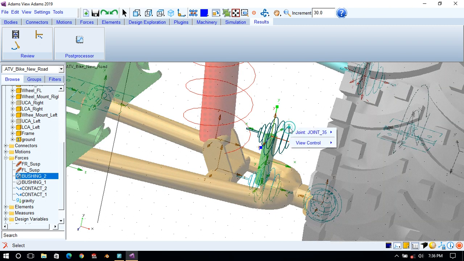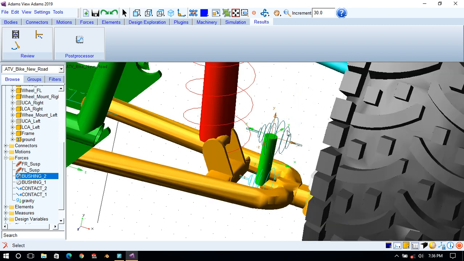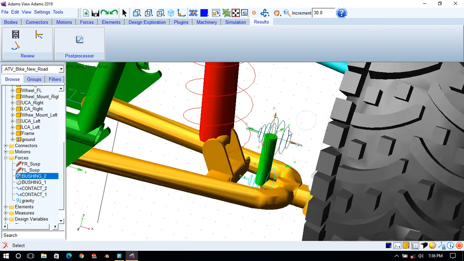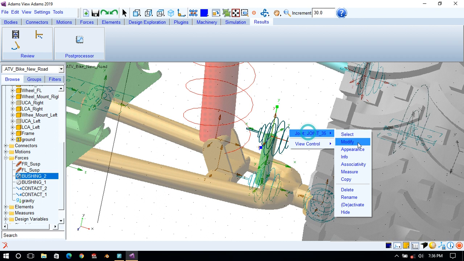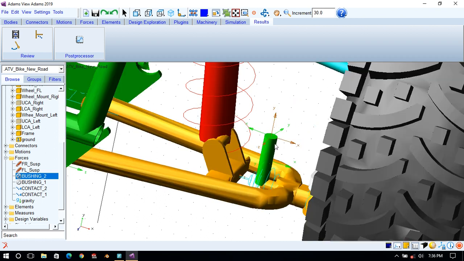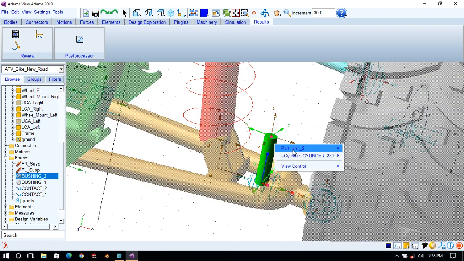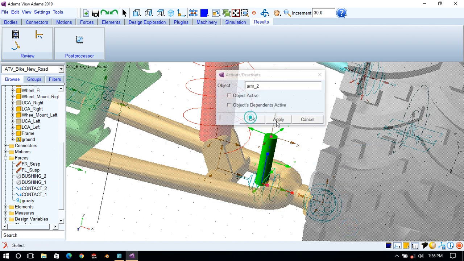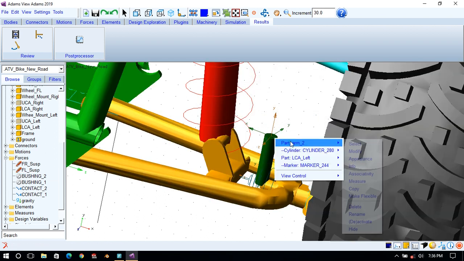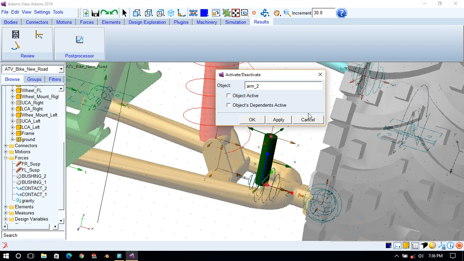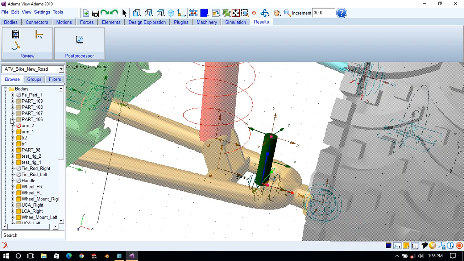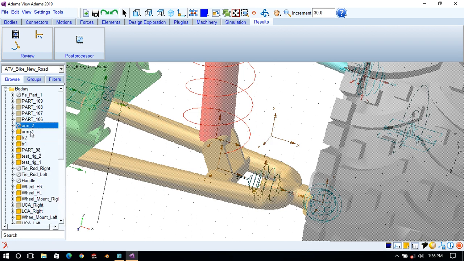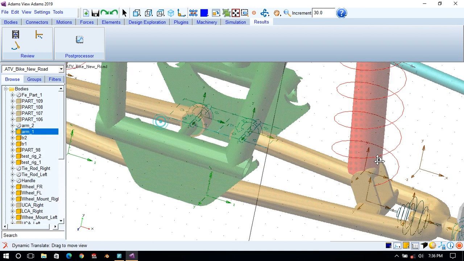Also this joint is already deactivated. I will hide this. I will also deactivate this, so I will create from scratch. Sorry, it should be hidden, arm 2 or arm 1 on that side.